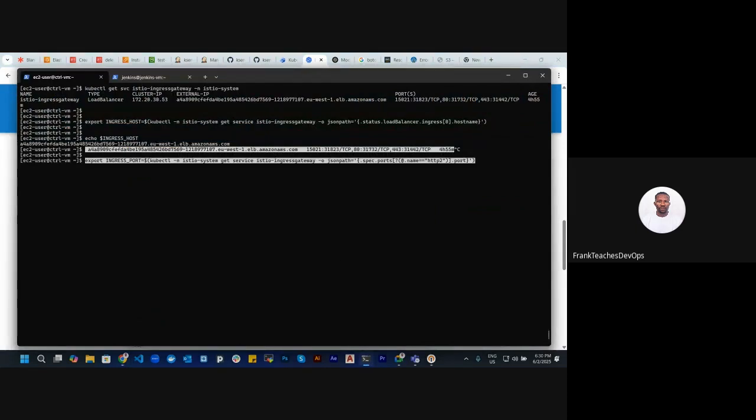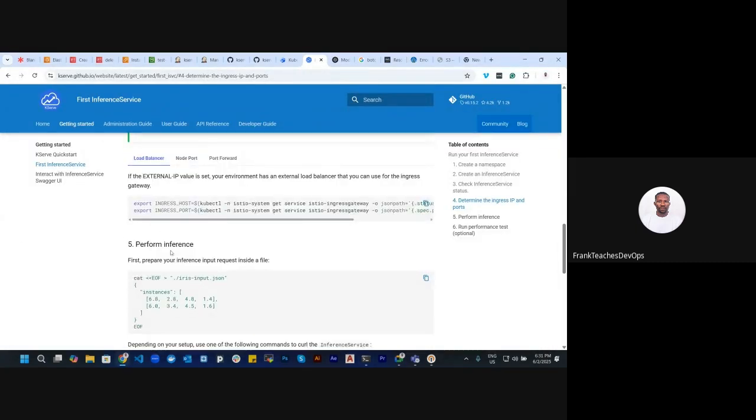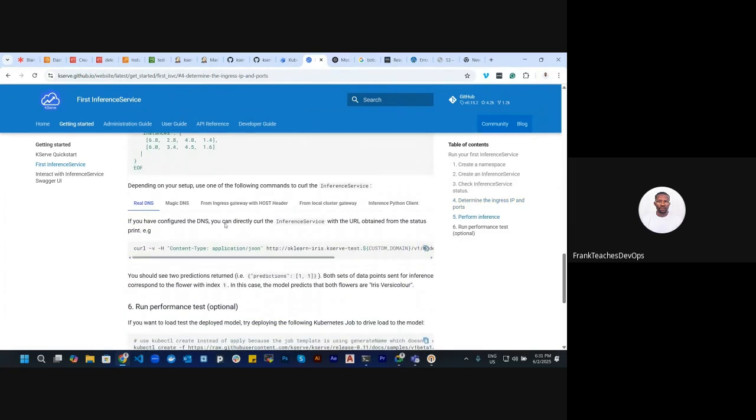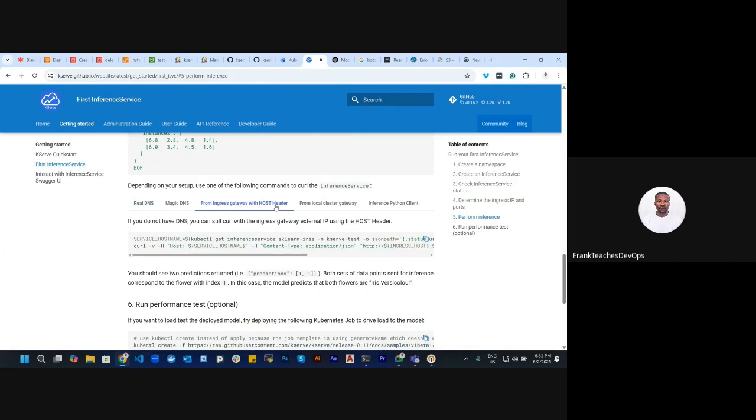All right. So we've exported both the host name, the ingress host, and the ingress port. Now, next we'll come to the call from ingress gateway with host header. You can see we have the service host name. So the service host name, what we'll be doing here solely is